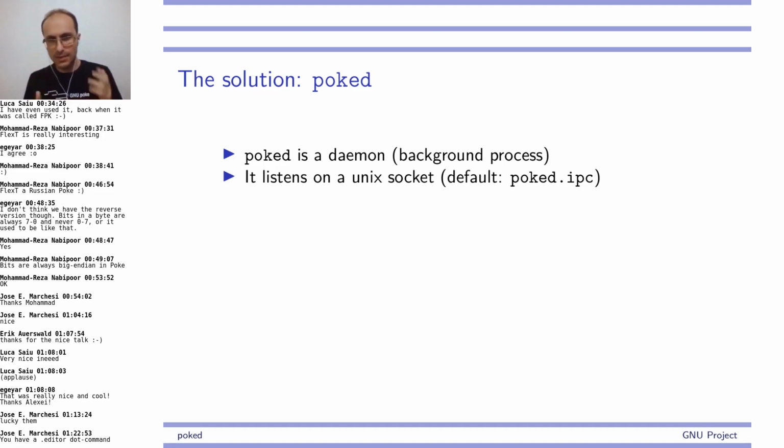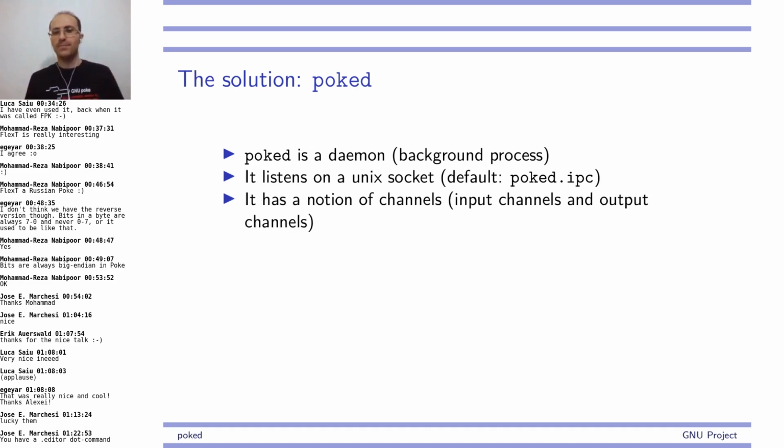It's like a TCP socket, but it's a file in your file system, so it's kind of secure. It has notions of channels. We have a bunch of input channels instead of one. You see in the poke program, you have one input. You have more than one input channel. You can have more than one output channel. We will see why they are useful. And input and output channels are completely independent,